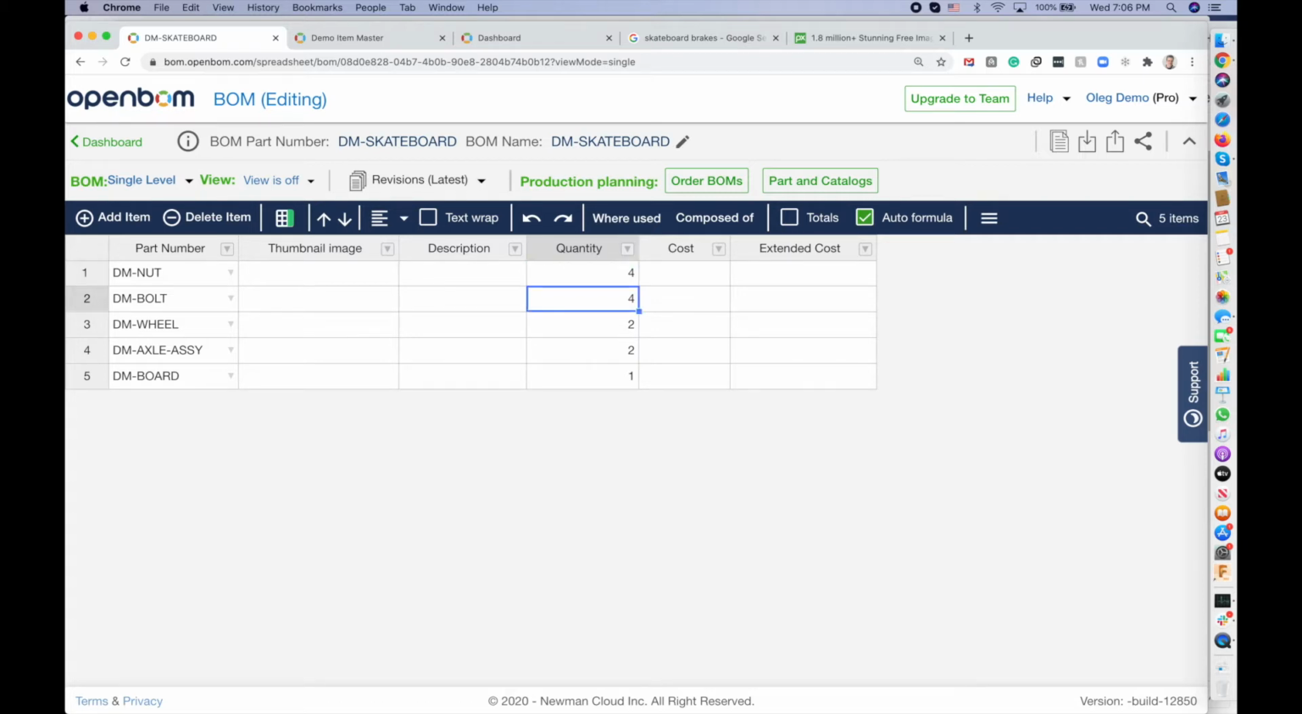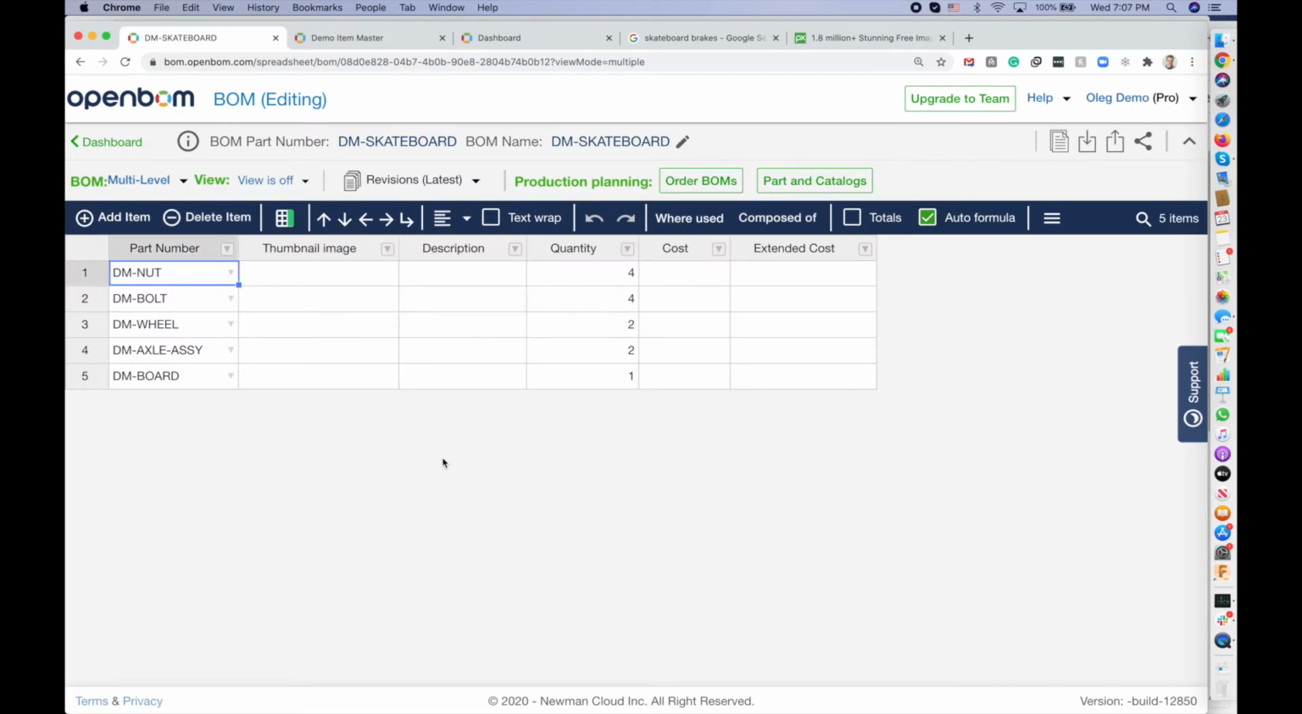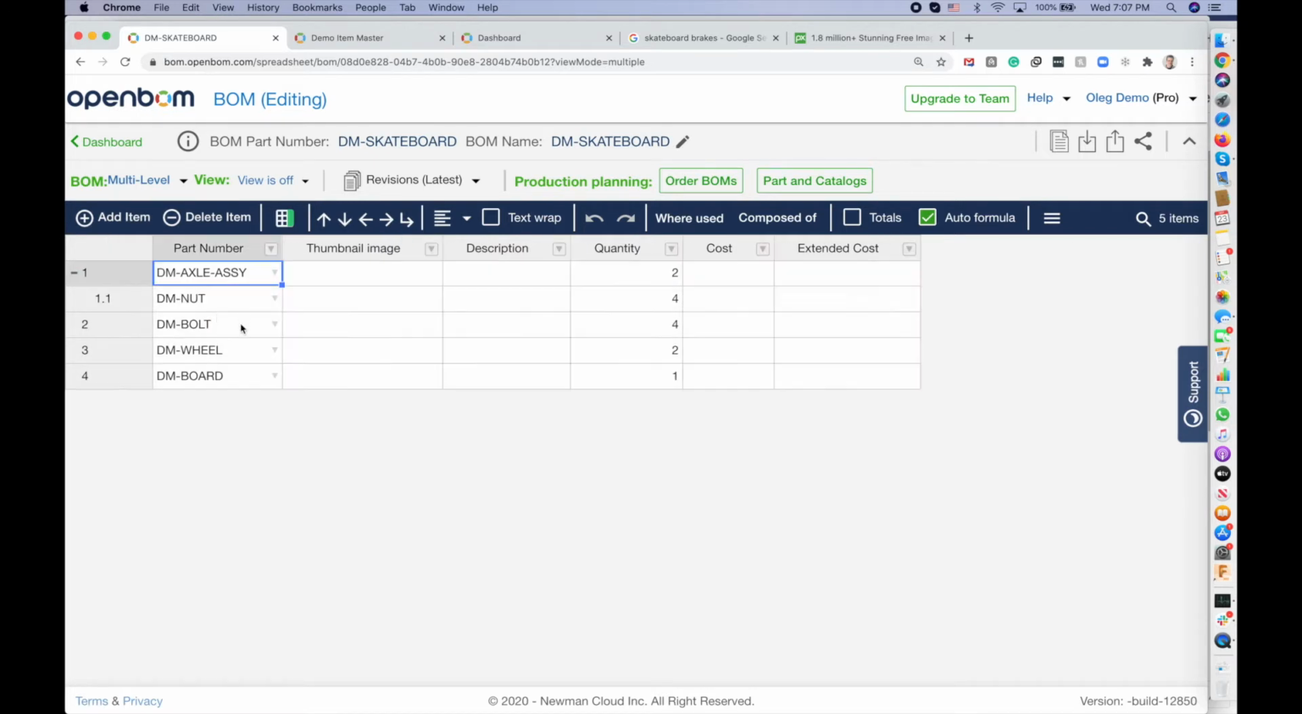So the problem now is the levels. It's a flat list, so we can easily rearrange the levels. We can switch to multi-level BOM. You can actually start from multi-level BOM as well. And now I can take this axle assembly up, and I can level down these components, and by leveling down these components I am reorganizing this bill of materials, and it immediately becomes the multi-level bill of materials for my